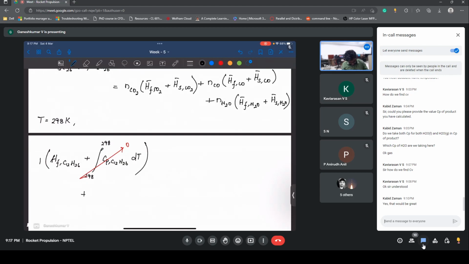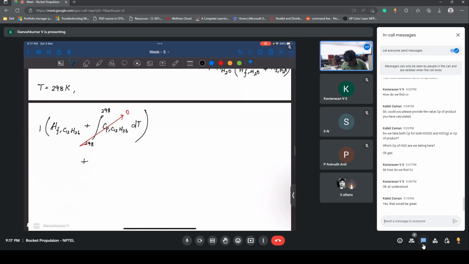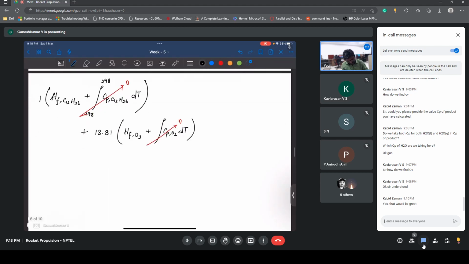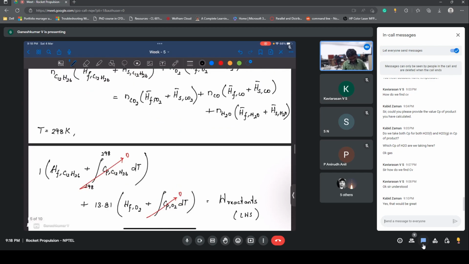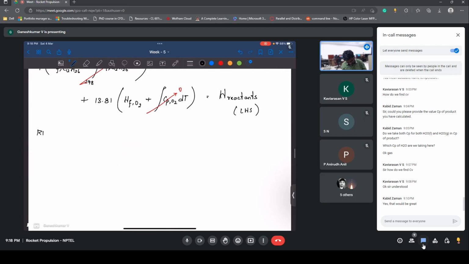And then plus N of O2, O2 is some 13.81 we have, and HF of formation of O2 plus integral of again Cp of O2 dT, but since my initial temperature is 298, I don't need to worry, this is also 0. Okay, this is my H of reactants, or you can say LHS of the above equation. So first you can calculate H of reactants and you can substitute it here. Let's say if you want to write RHS,